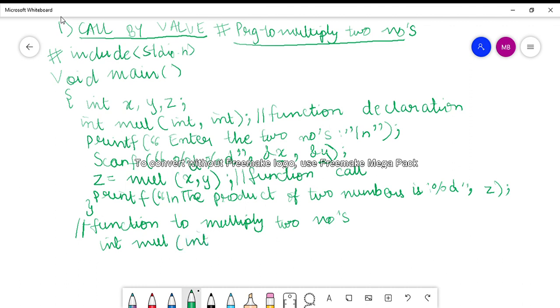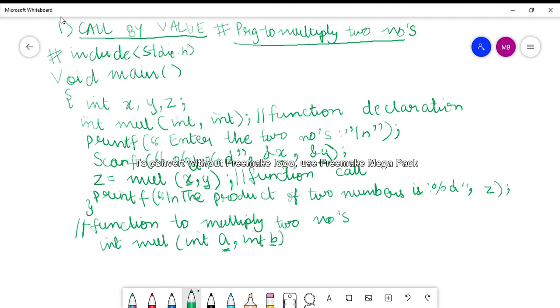Here you can see a and b are the new variables which have been created for the arguments x and y during the function call, and the values of x and y will be passed on to these variables a and b respectively.